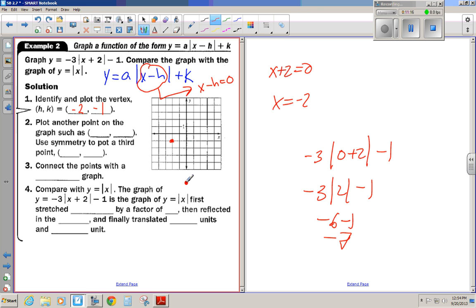So about right here. Which means there's a reflection point right over here. So 0, negative 7, which means 2 away is also negative 7. So negative 4, negative 7. With a V,